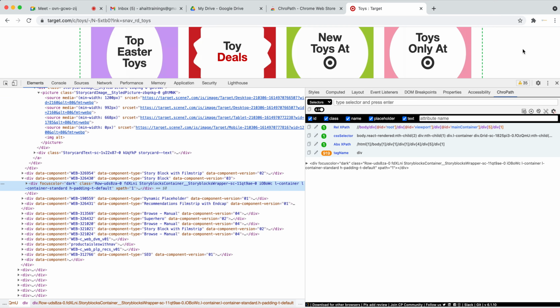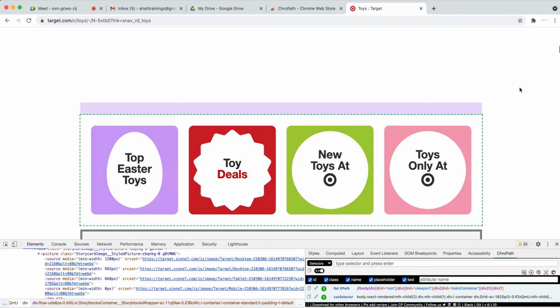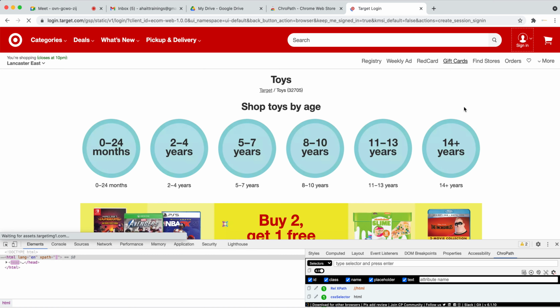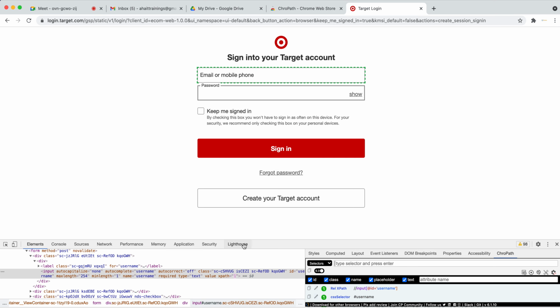That's what I showed you, right? In the target, go to sign in. See this input. See, this is straightforward, right? 100% this won't fail, because there is only one text box input and they're saying ID username. There is a problem if by mistake they put the same ID on the password.